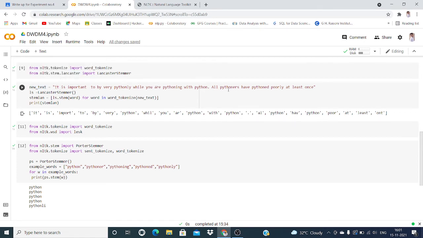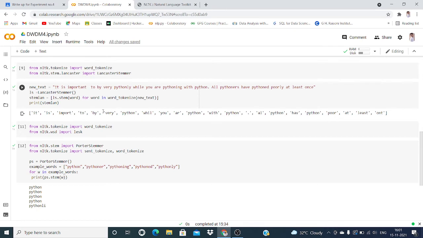This is our sentence: It is important to by very Pythonly while you are Pythoning with Python. All Pythoners have Pythoned poorly at least once. ls is equal to LancasterStemmer. Stemlan is equal to ls.stem word for word in word_tokenize new text. Print statement.